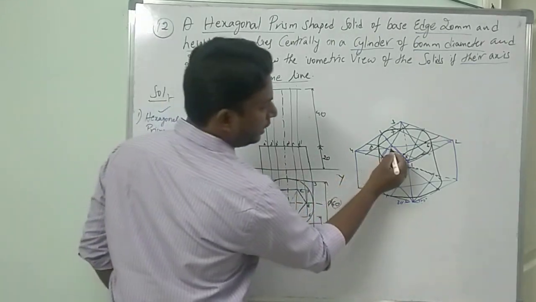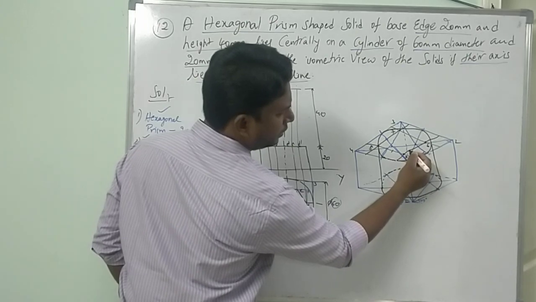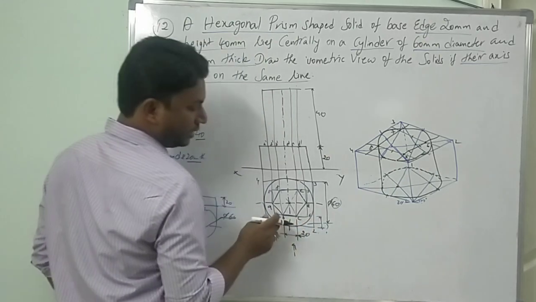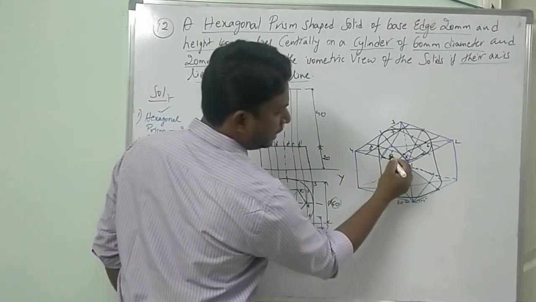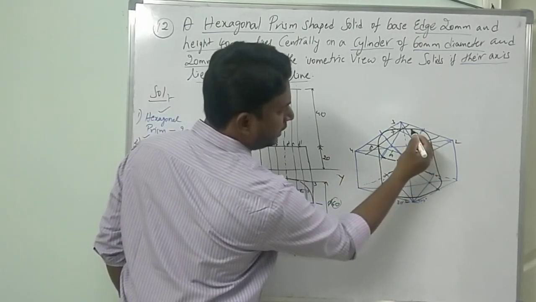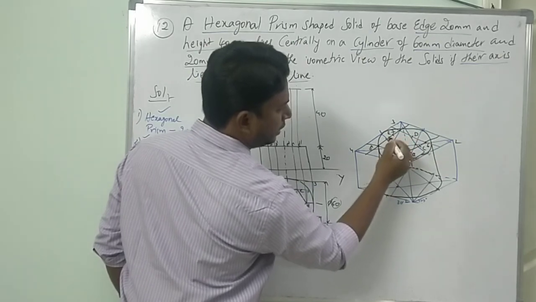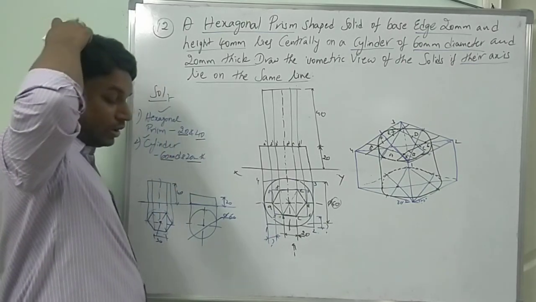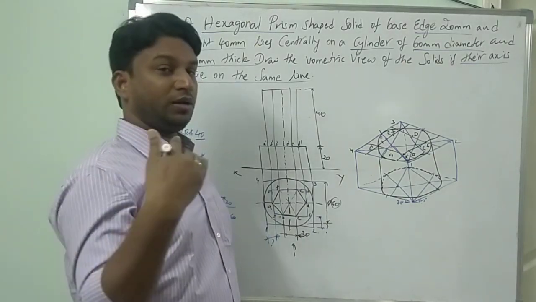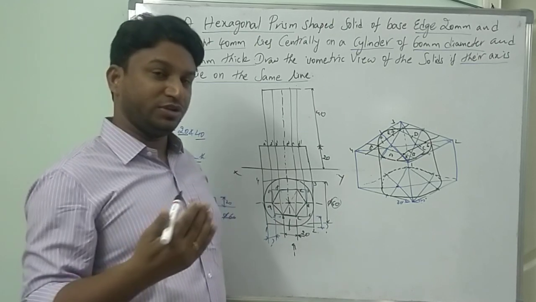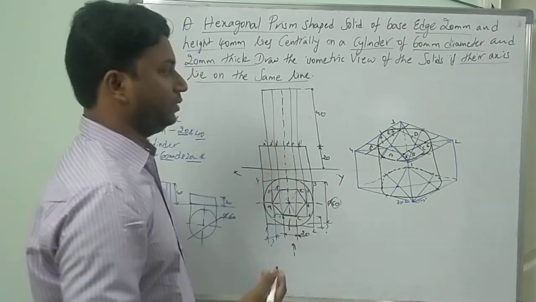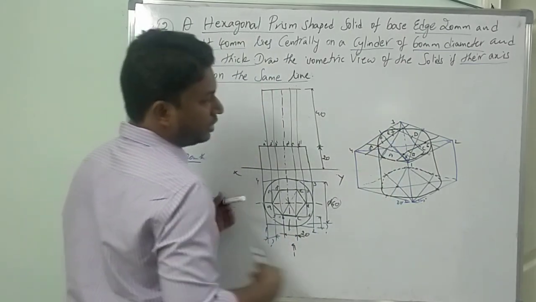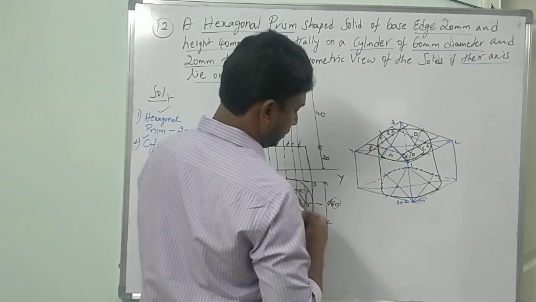Hexagon on the top, A here. Mark 1. Be careful, 2 marks. See, I have given A, B, C, D, E, F. Bottom hexagon again thick and thin, which are clearly visible and which are not clearly visible. To differentiate them, just try to complete the box, whatever box you have constructed here.